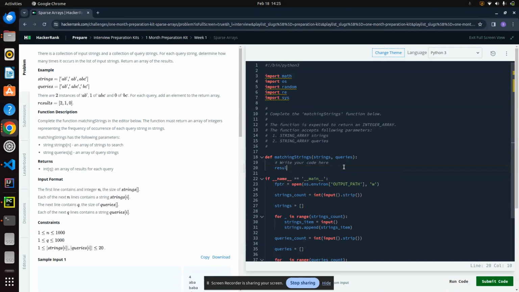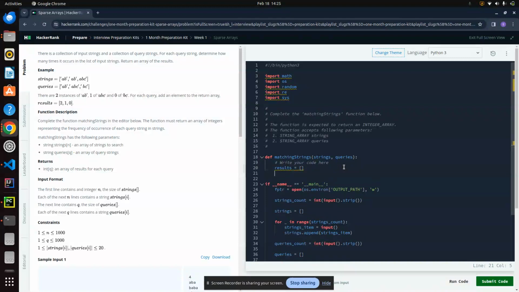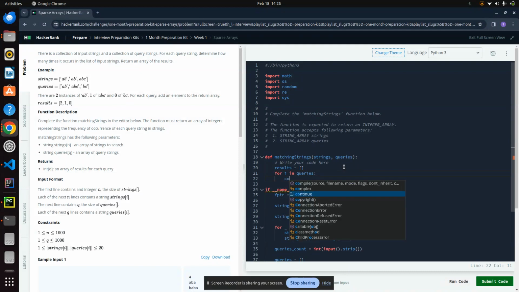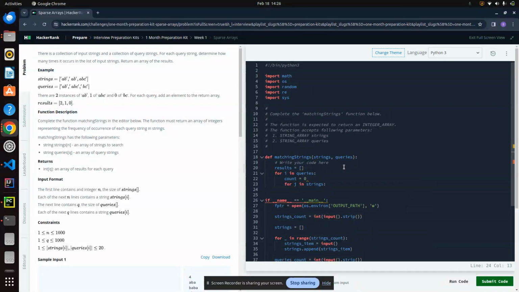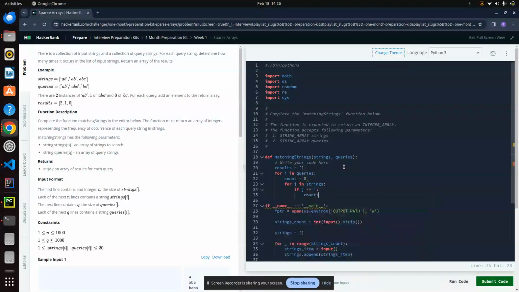So I'm going to start with an empty list to store my results, and then I'm going to loop through queries and start a count at 0, and then I'm going to also loop through the strings, and then if the string pointer equals the query pointer, I'm going to increase the count by 1. Else I'm going to just continue,